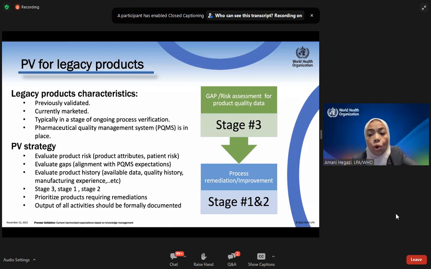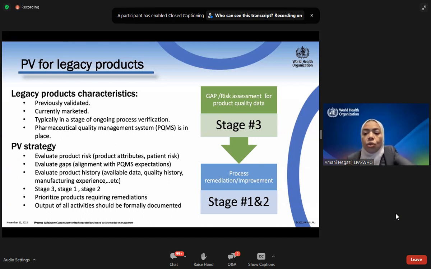They are typically in a stage of ongoing process verification. So they may be trended, and they may have established alert limits. So how to deal